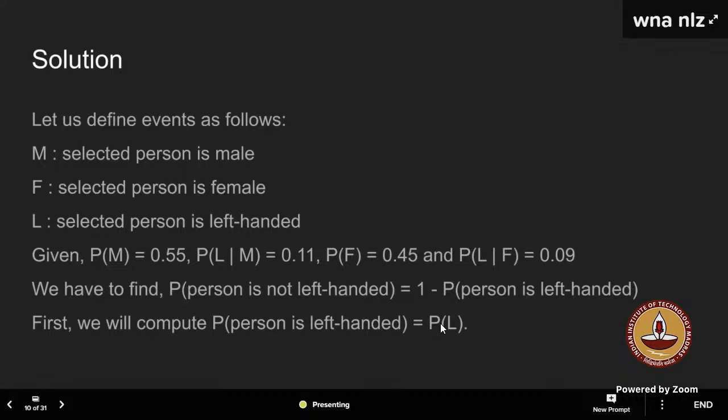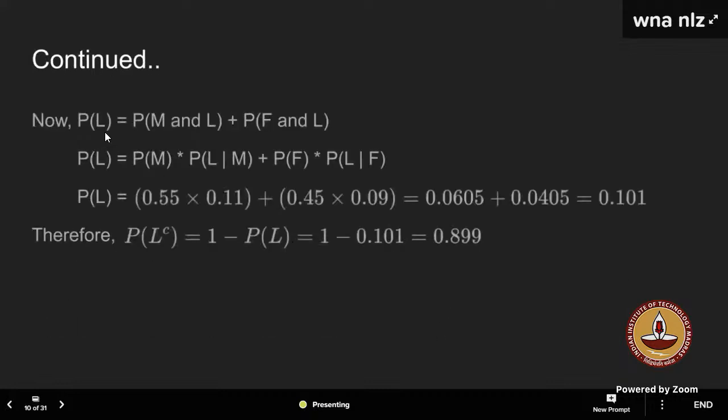So now we'll move to the formula part. As I was saying, we are applying the law of total probability here. So the probability of left-handed in total can be either that I first picked a male and then he is left-handed, or, because it's a plus, the second case can happen, right? In the second case, the first person we picked is a female and she is a left-hander. So we can write it as M intersection L and F intersection L.